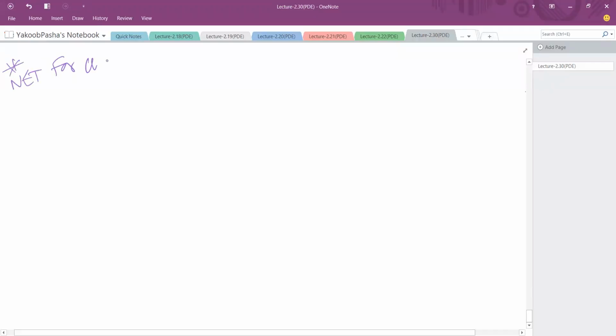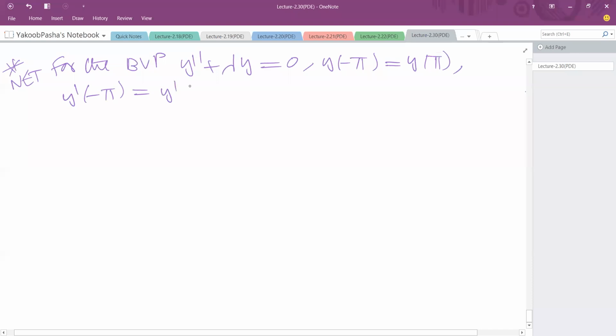For the boundary value problem BVP, y double dash plus lambda y is equal to 0, y of minus pi is equal to y of pi, y dash of minus pi is equal to y dash of pi, to each eigenvalue lambda there corresponds